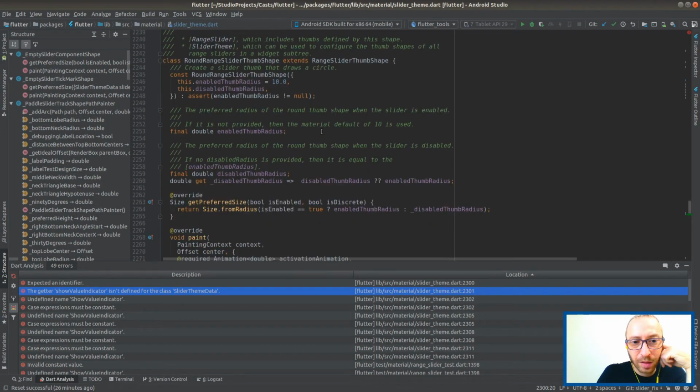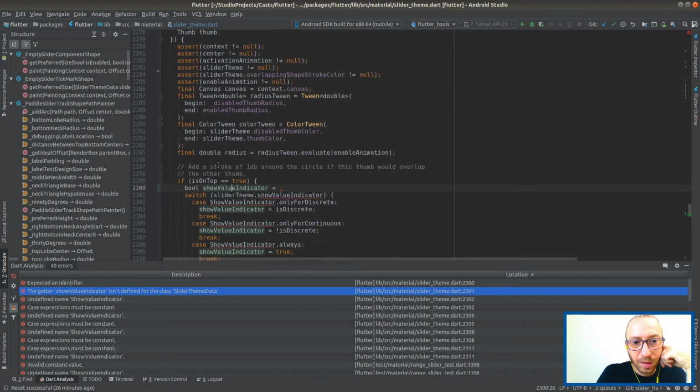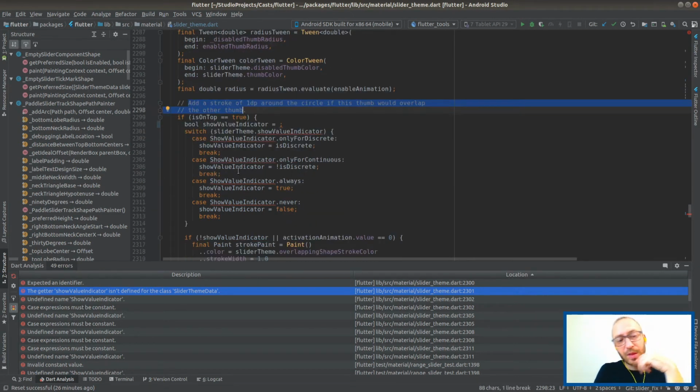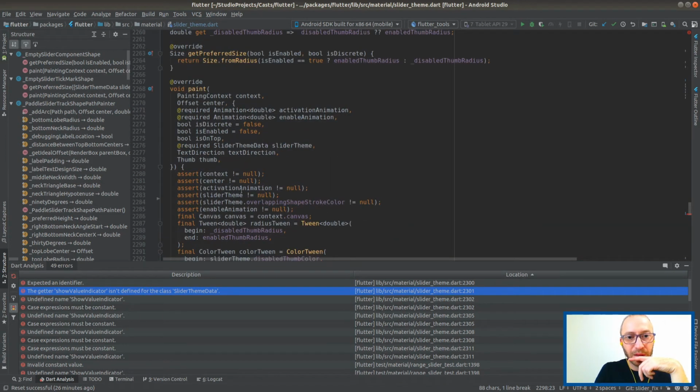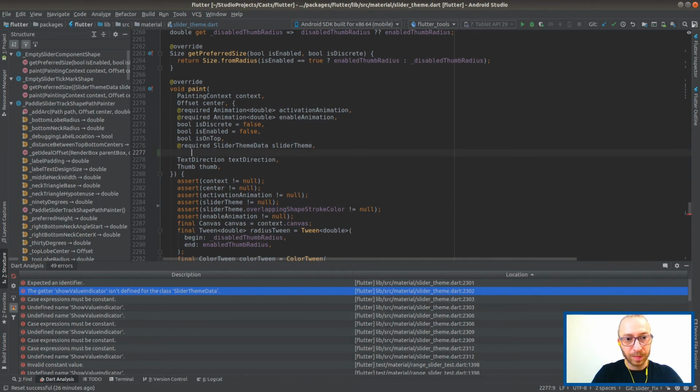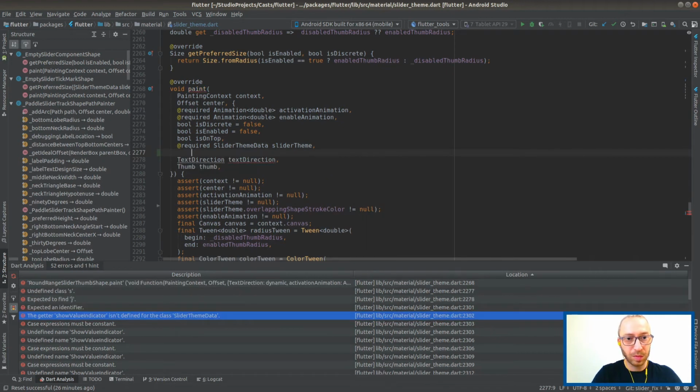Yeah, I think there are different shapes, but I do see why they added this. Add a stroke around the circle if this thumb would overlap the other thumb. Yeah, I get it. So we have to actually pass the value over here, so we have to know where it is.